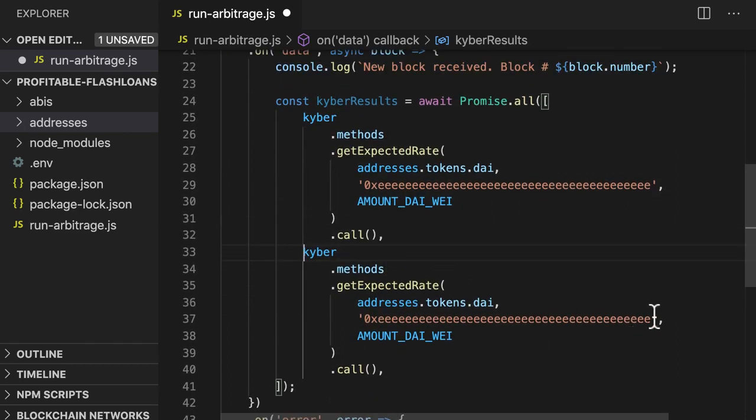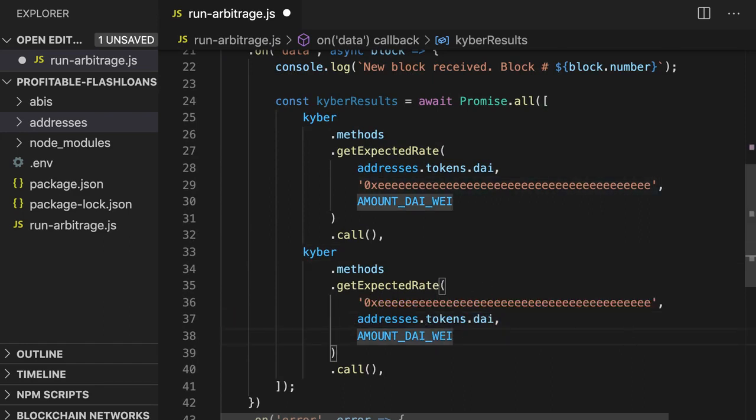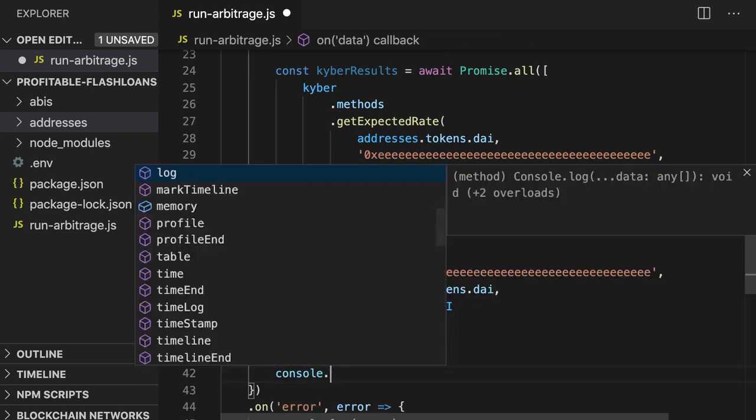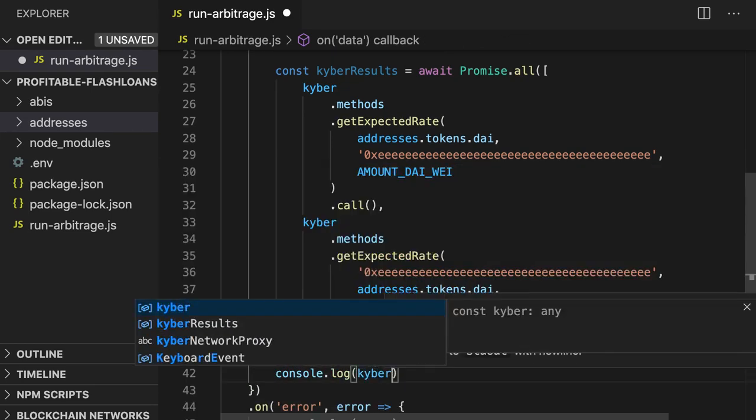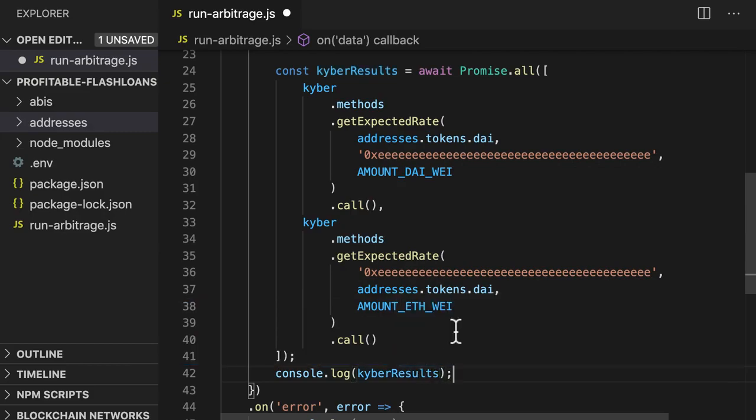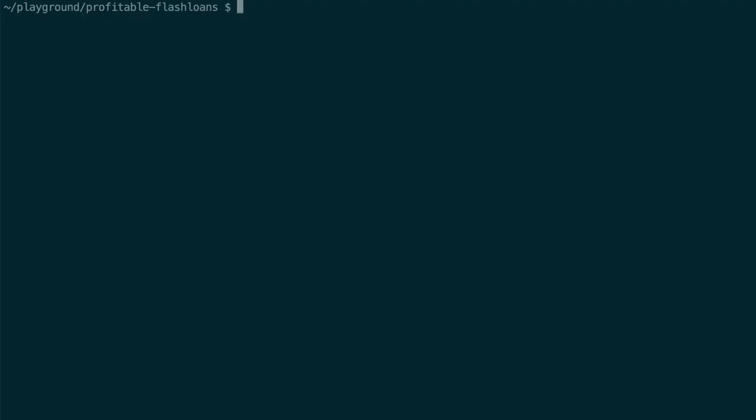So we're going from Ether to DAI, and in this case this is amountEthWei, and then we're going to console log Kyber results,